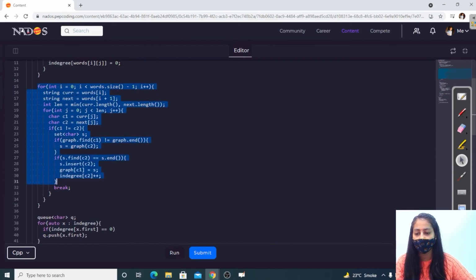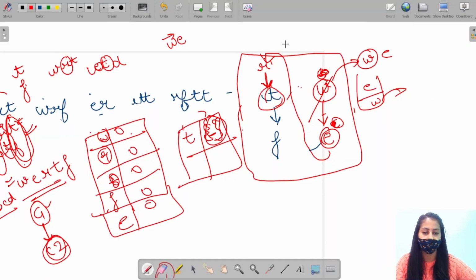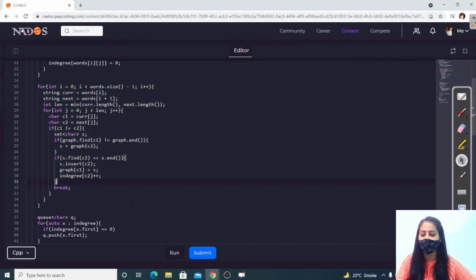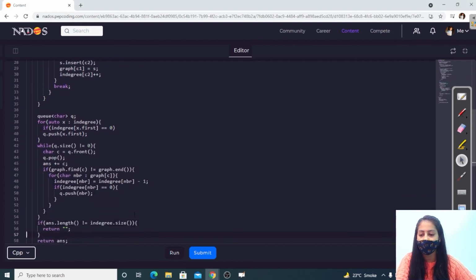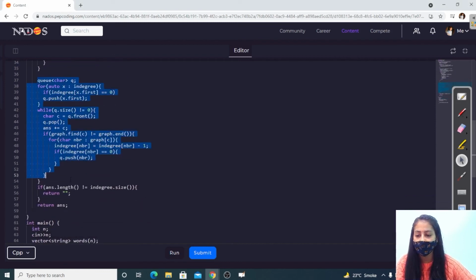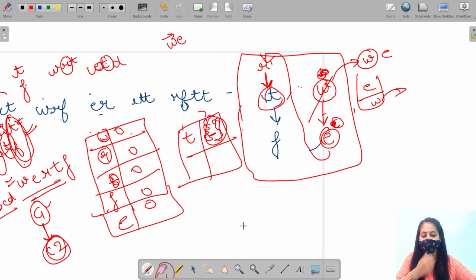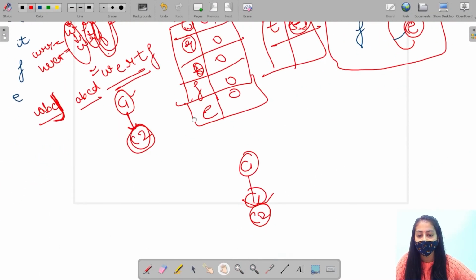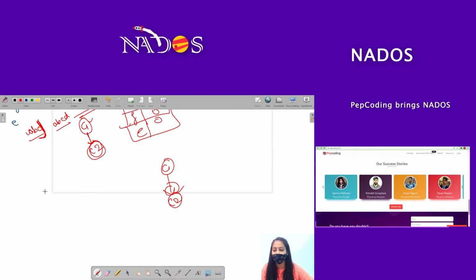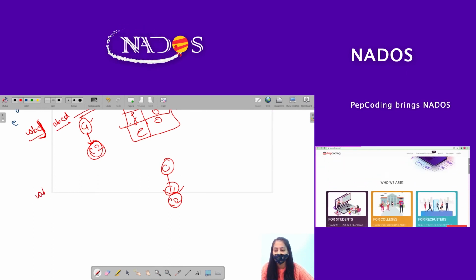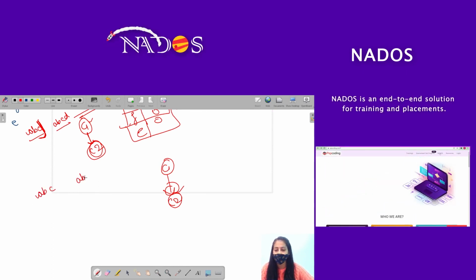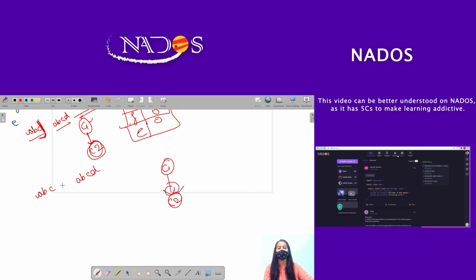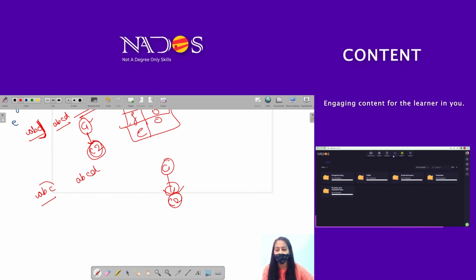In this part we are making the graph, and in this part we are finding the topological order of this graph using Kahn's algorithm, right? Now there is a special case which we have discussed earlier also: it may be possible that two strings are present in our list where we are unable to find any mismatch character.